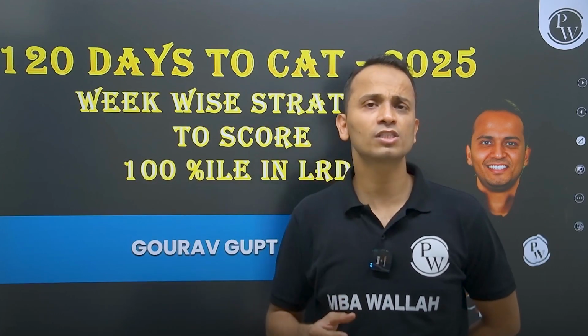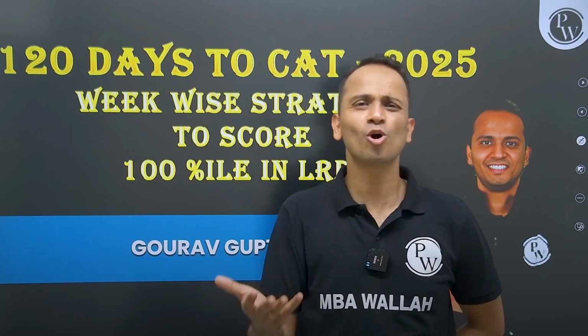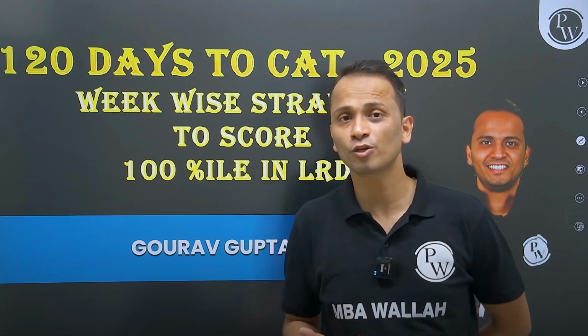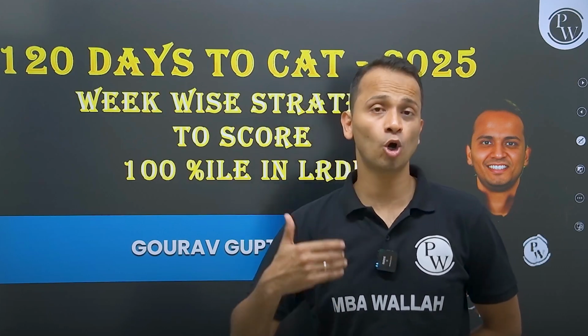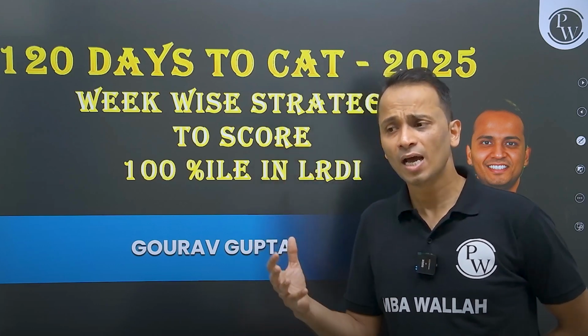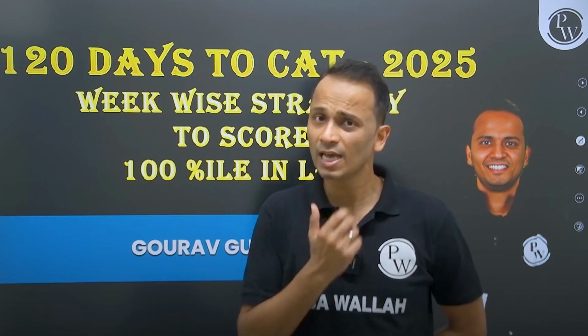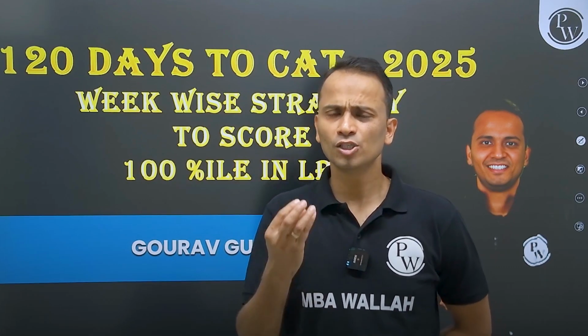But if you give yourself weekly targets, and let's say you deviate by 1 or 2 days, then you have time to take corrective action in the next week or in the next 2 weeks, which will help you bring yourself back on track, right? So that's why we'll break this entire journey into 16 weeks, and we'll give ourselves small targets which we will have to complete in 1 week, right?